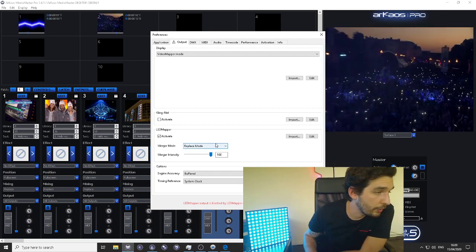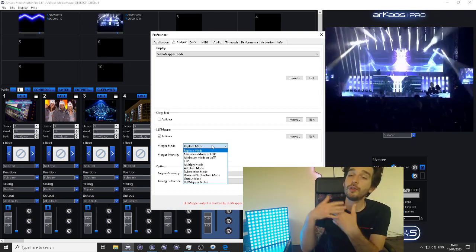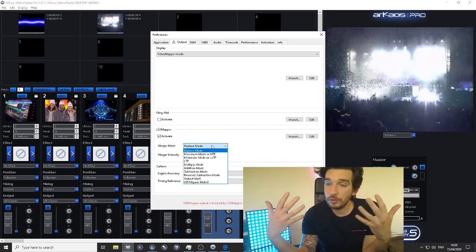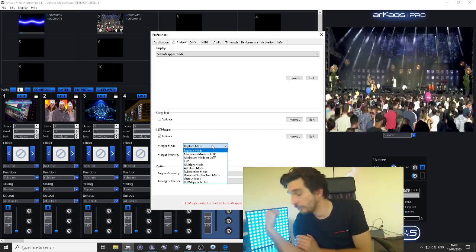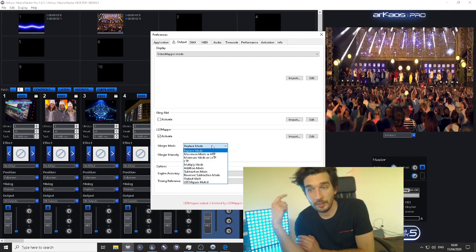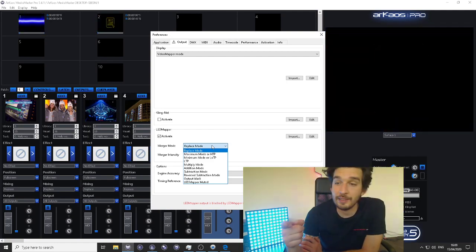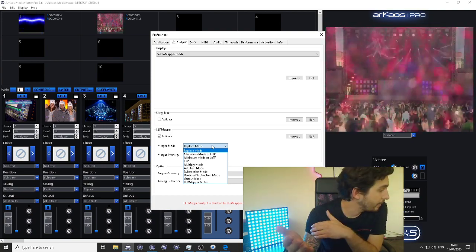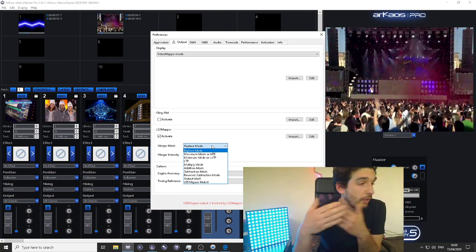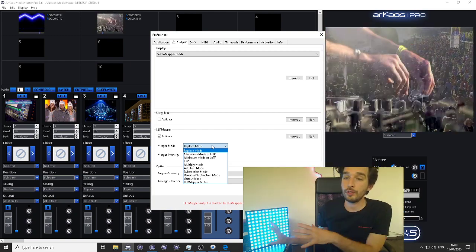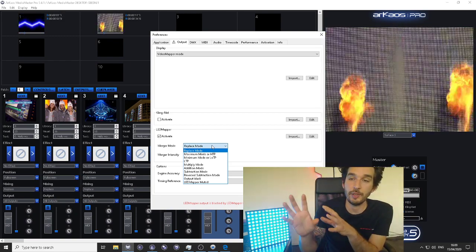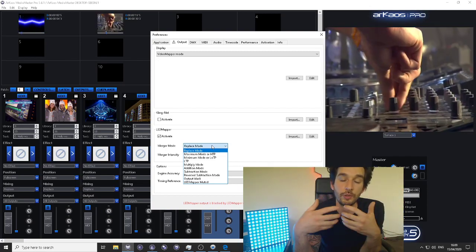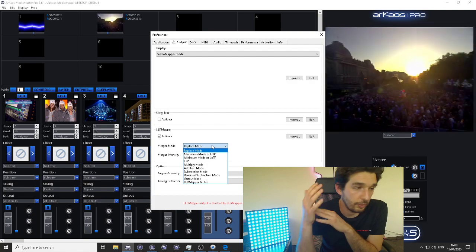The first parameter will be what mode of merging you use, because I need to know, if I send blue from my pixel mapping and I send red from my lighting desk, what information do I send to my fixture. I need to know how do I merge the blue from my pixels generation and the red from my desk, and what colors or what information do I send to the lighting fixture.